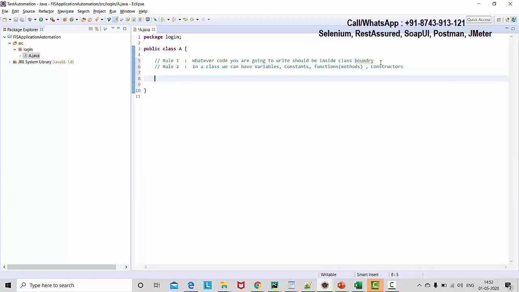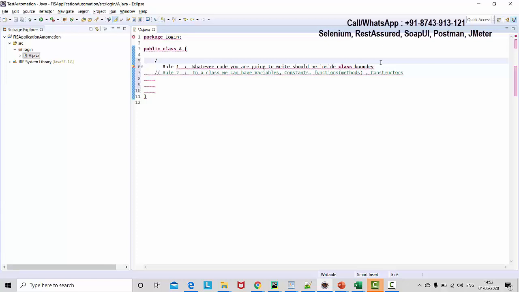Now I'll start with variable, but before moving to the variable we have seen comment. So whatever line you want to write for information purposes only, and you don't want to execute it, we can make it a comment. To make a single line comment we can use double forward slash, but if you want to make more than one line of comment, then forward slash star means that's the starting of the comment, and till the point you write star forward slash, that's a comment. So the comment starts from here till here, that is called a multi-line comment.